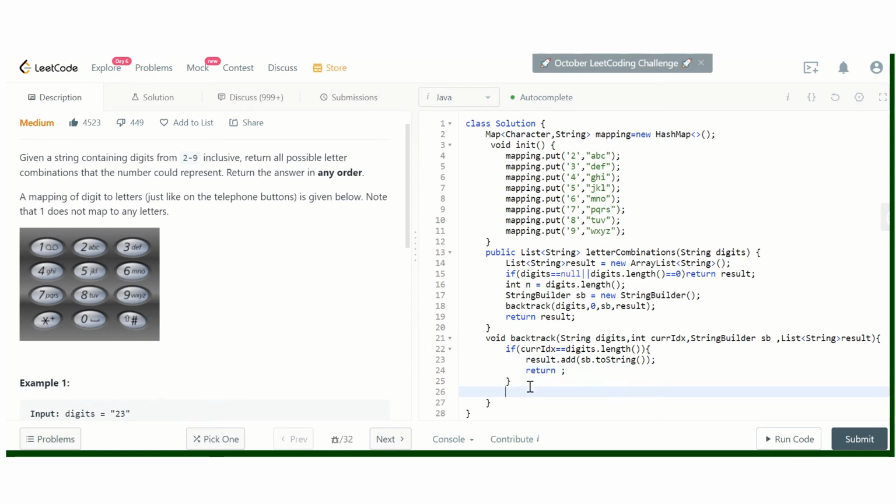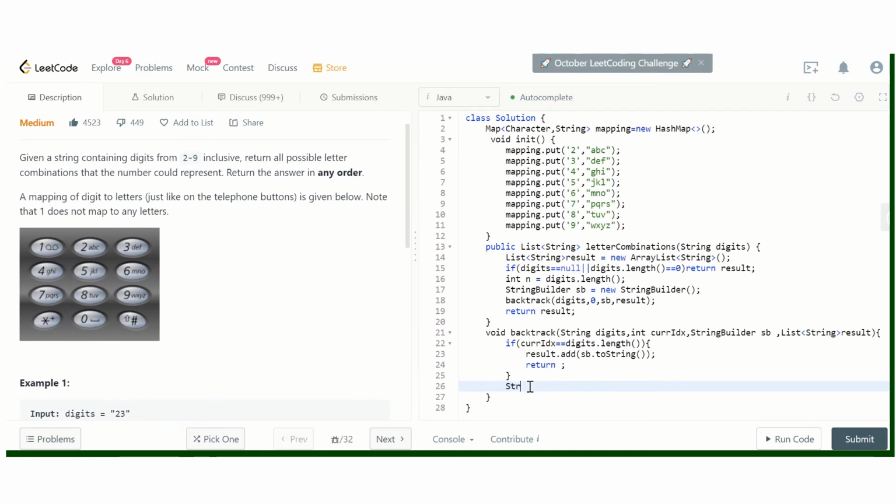Otherwise, we'll take the corresponding character mapping from the mapping hash map, and let's call it text. So we'll get mapping dot get digits dot charAt current idx.